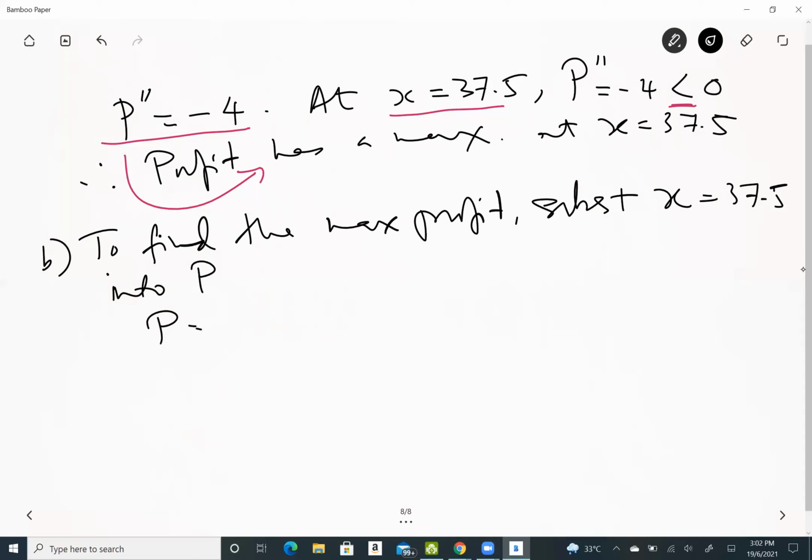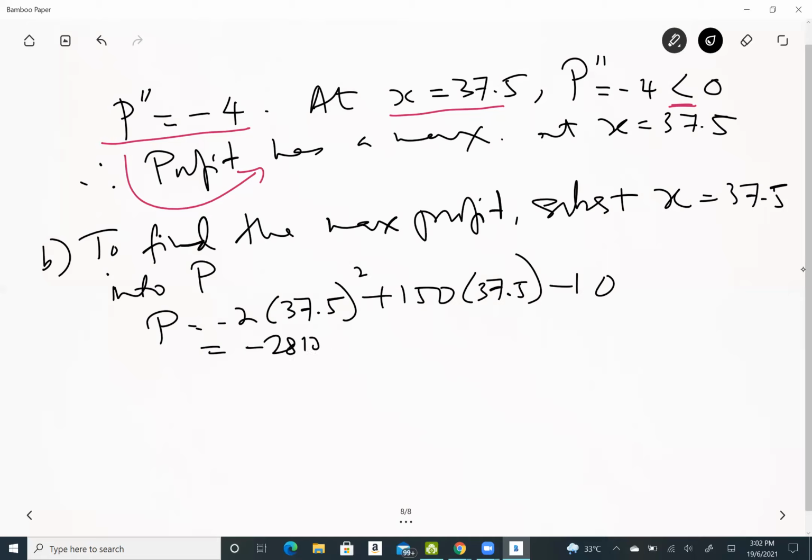I got P equal to negative 2 times 37.5 squared plus 150 times 37.5 minus 10. You work this out, what you will get will be equal to negative 2812.5 plus 5625 minus 10,